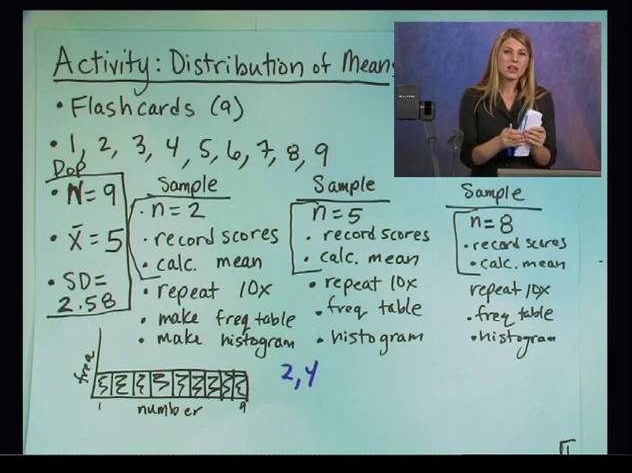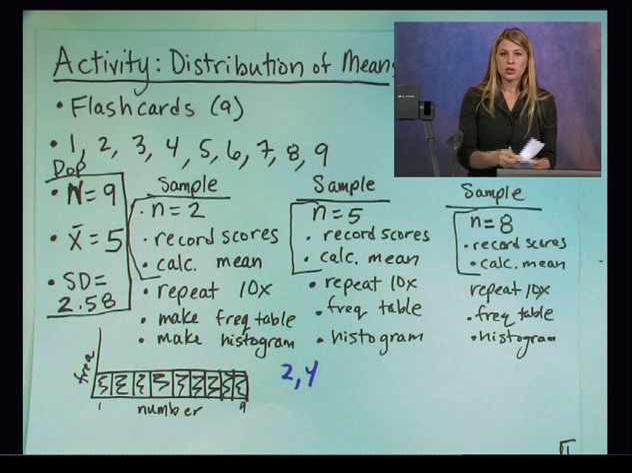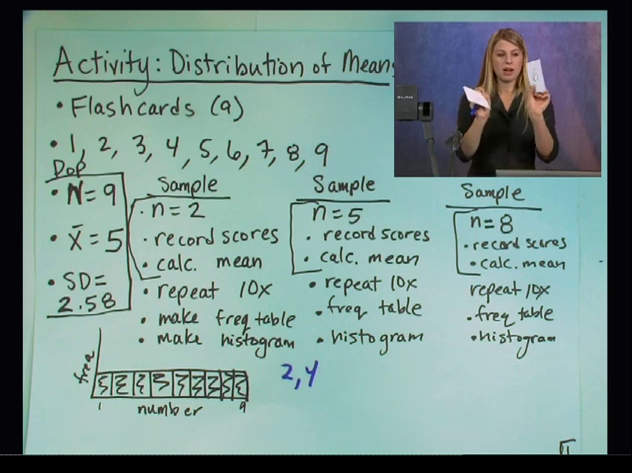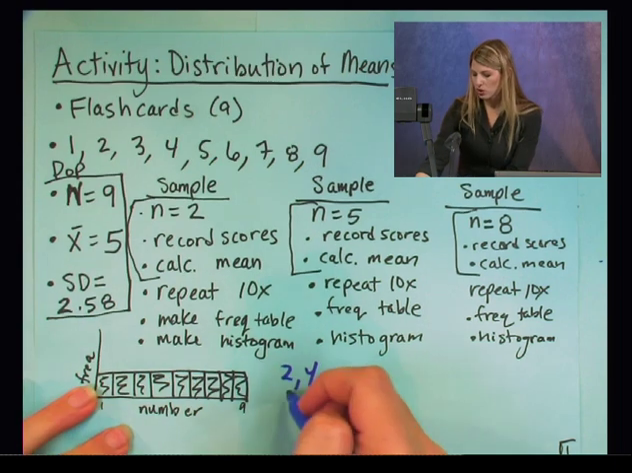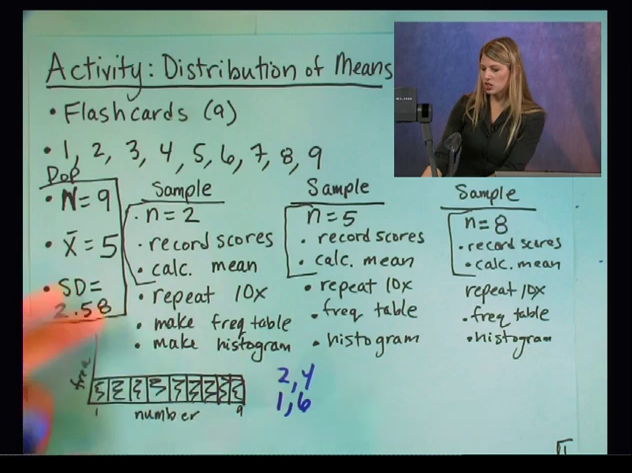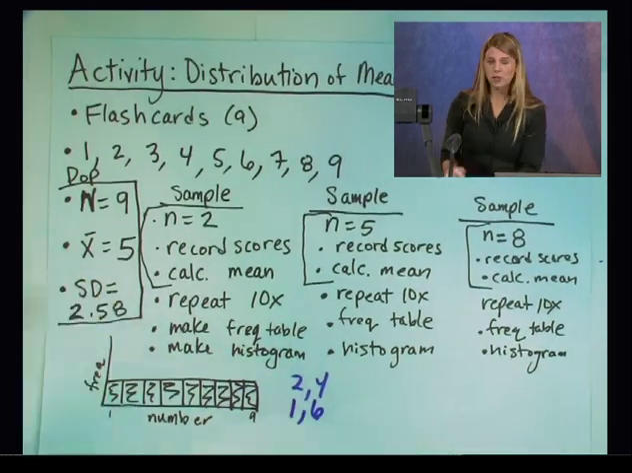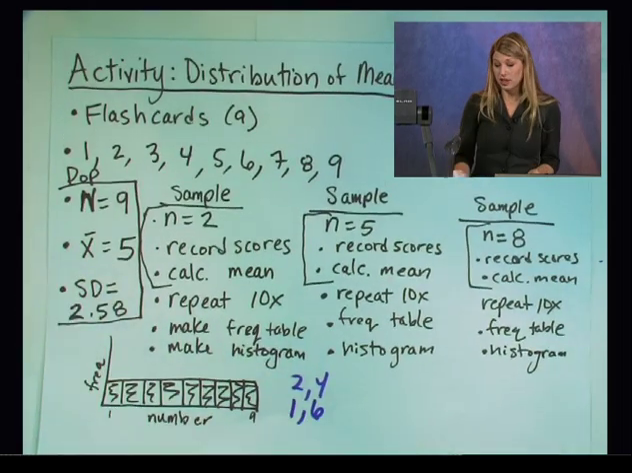Random shuffle it. 1, 2. This time I got a 1 and a 6. You might want to put a line under your 6 and a line under your 9 so you know the difference. You record the scores. 1, 6. I suggest you have a larger paper so that you'll be able to record all 10 of these